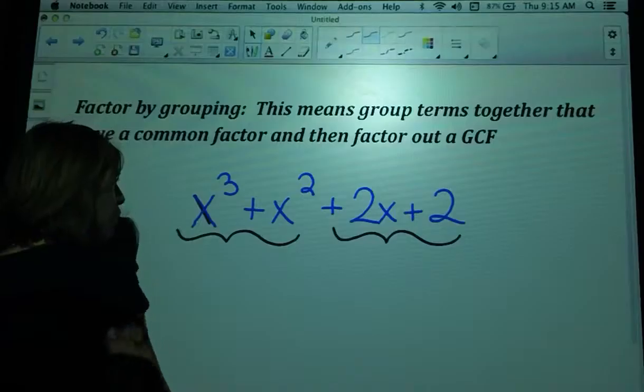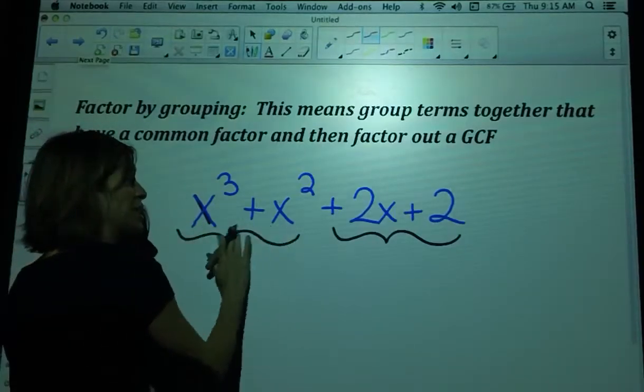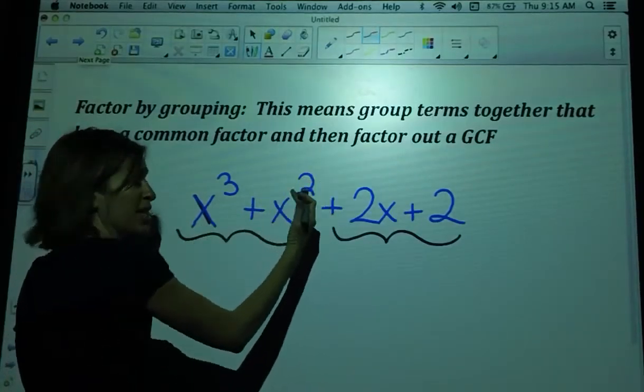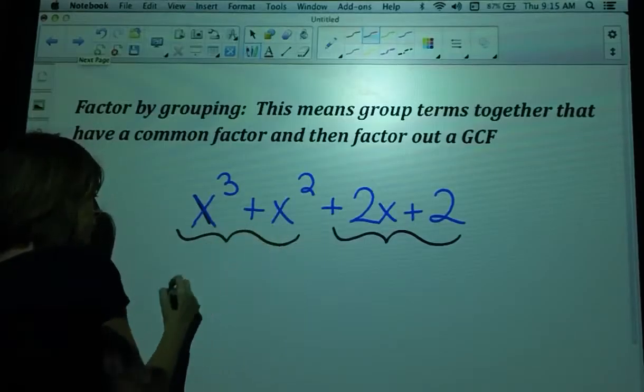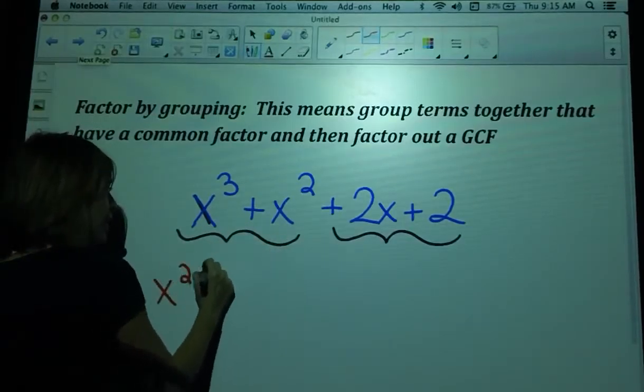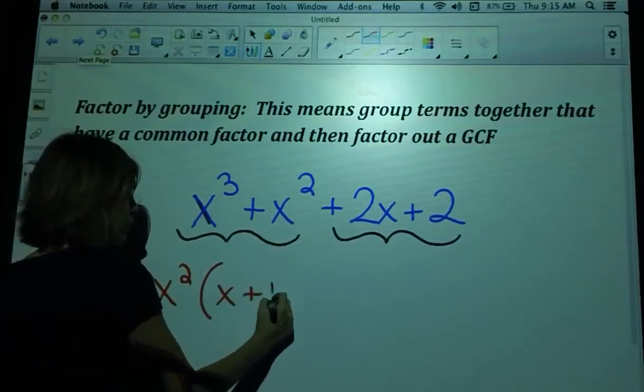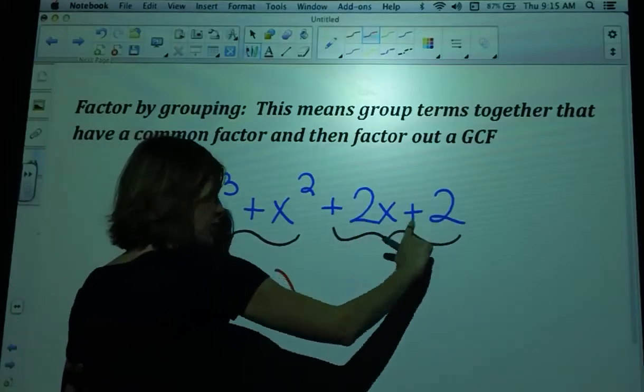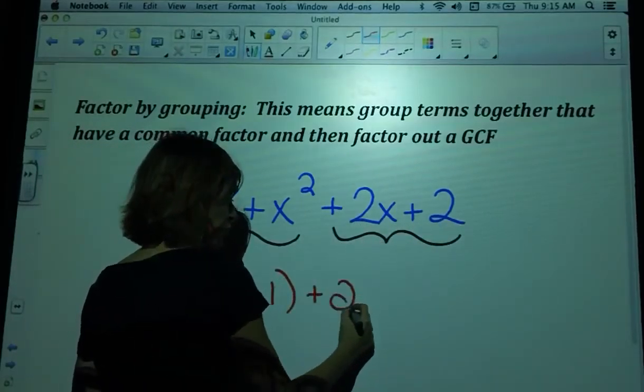All right, so let's see what we do. We factor out the GCF of the pairs that I put together. So this GCF would be x squared. I pull it out, and I'd be left with x plus 1. I pull out the GCF here, which is 2, and I'm left with